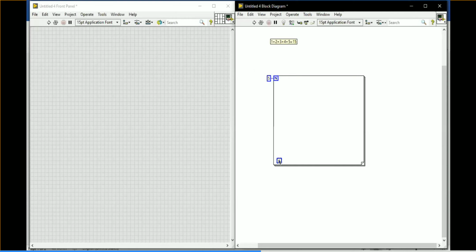Here in this place you will require an I value. 1 plus 2 plus 3 plus 4 plus 5 is what we are going to do. So first we'll discuss which function you require here to perform this sum of 5 numbers. What function will we have to use in this place? Which function will you use to get this result?